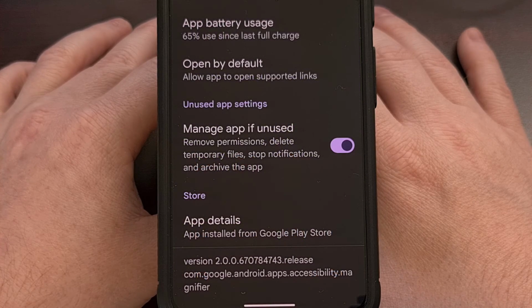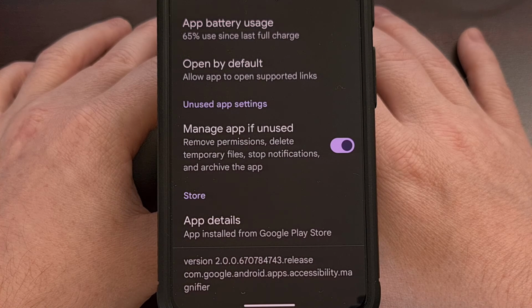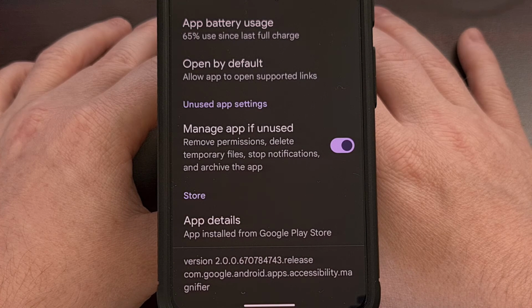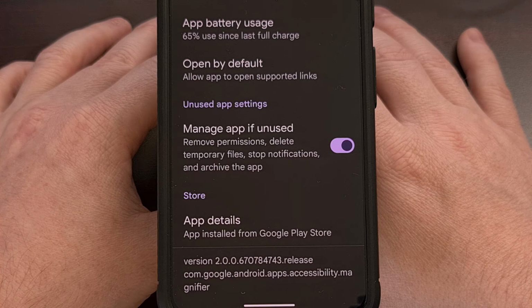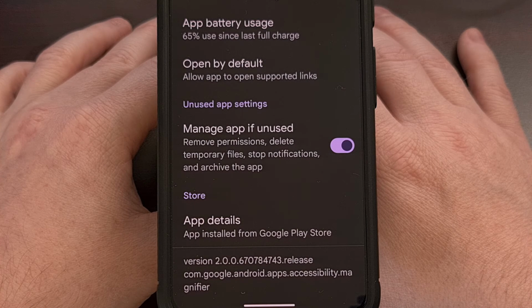However, I am not a fan of the Manage App If Unused toggle being enabled by default. I suspect there are going to be many people wondering why their favorite applications now have a cloud overlay on top of the icon. Thankfully, it doesn't take long to restore archived apps on Android,